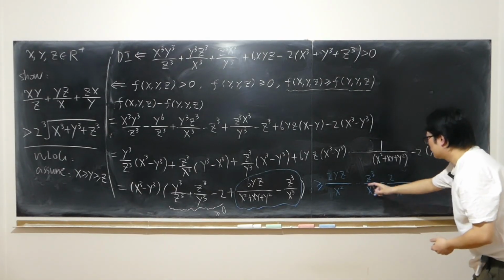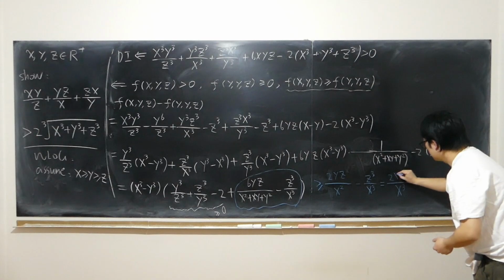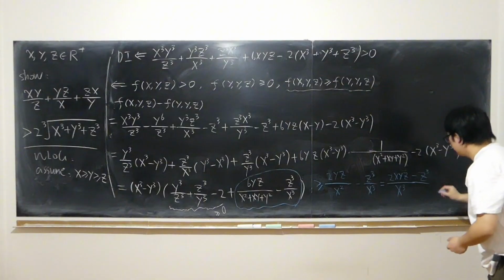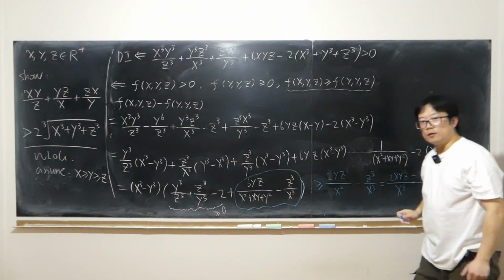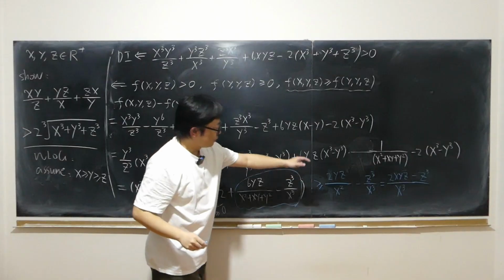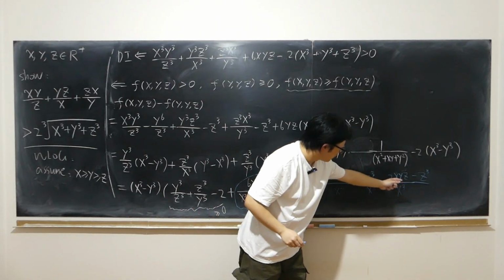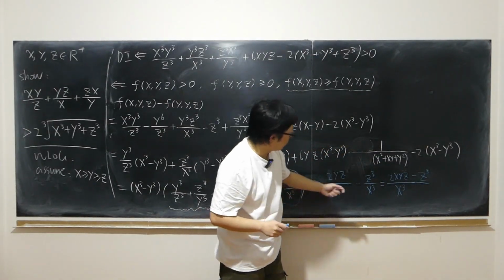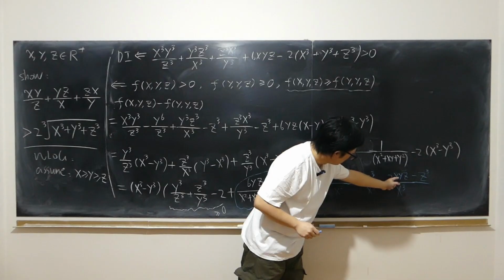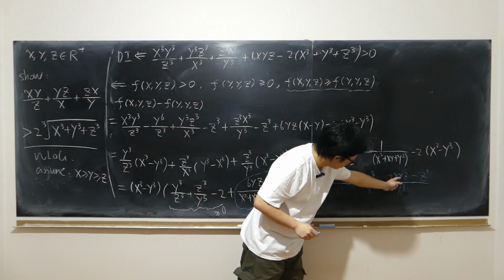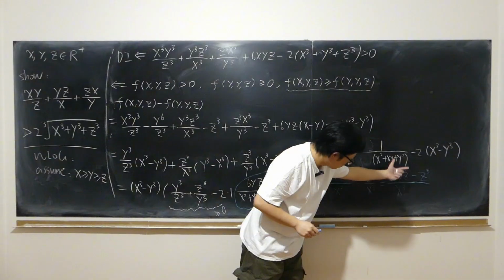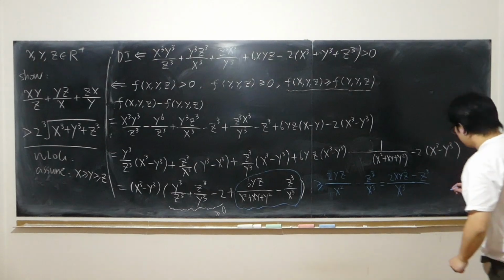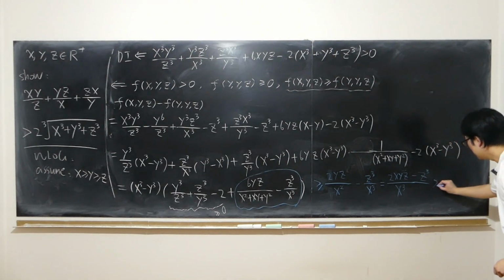So 2xyz minus z squared. Okay. So immediately we realize that xyz is a third degree term, so is this term. So obviously, which one's bigger? Obviously, I say this one's bigger. It's because x is already big, y is already big. You replace xy with z, this is already greater than or equal to